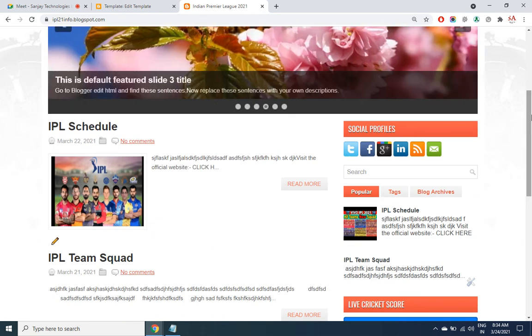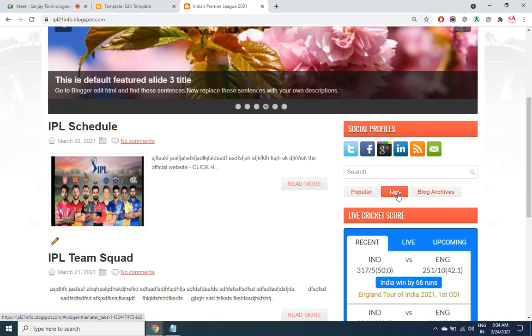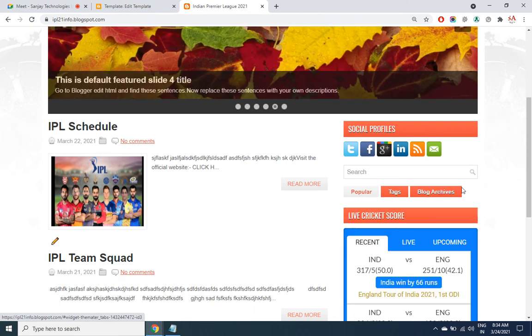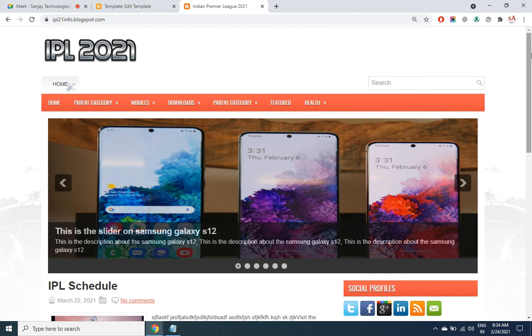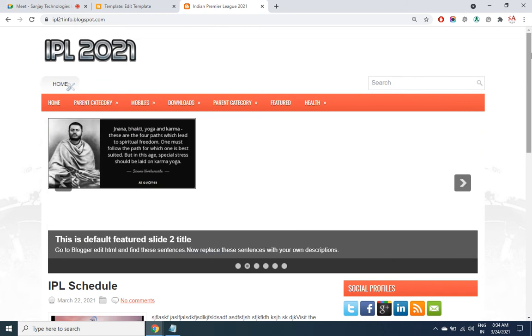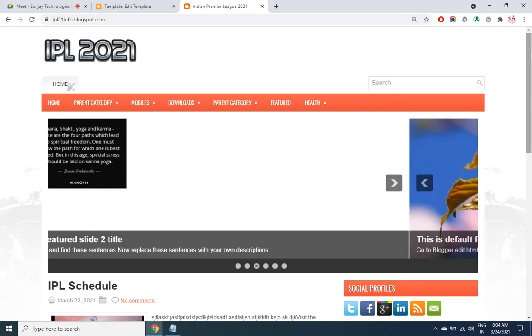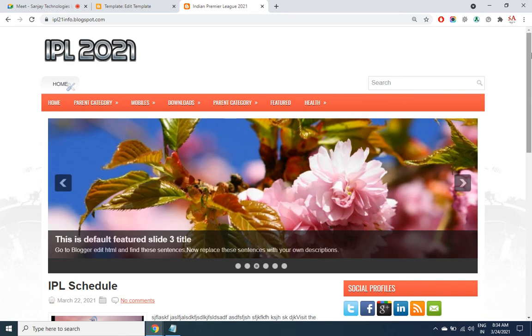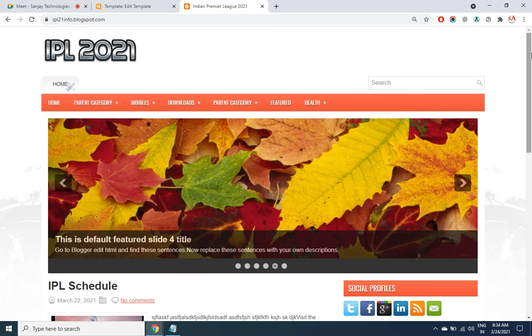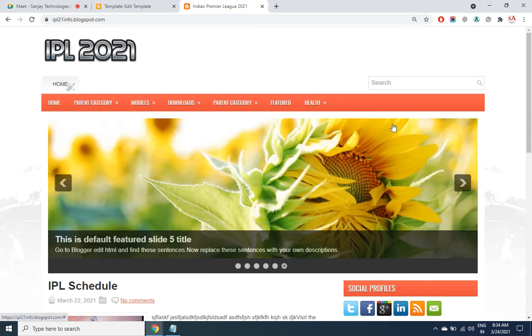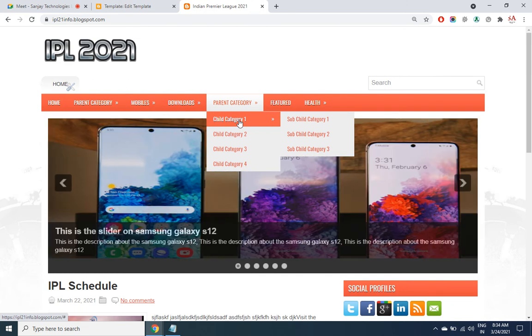Alright, now coming to the last part, tags. Tags and labels both are one and the same thing. Now what are labels? If you want to group the posts, you want to categorize the posts. Let's say I have a general site, not IPL but a general site. Inside that, 5 posts belong to IPL, 5 posts may belong to mobiles, 3 posts may belong to news, 2 posts may belong to Bollywood or entertainment. So I want to have a category of the menus. Here there will be a category, and inside that something like mobiles, then all the posts relevant to mobiles have to show up.